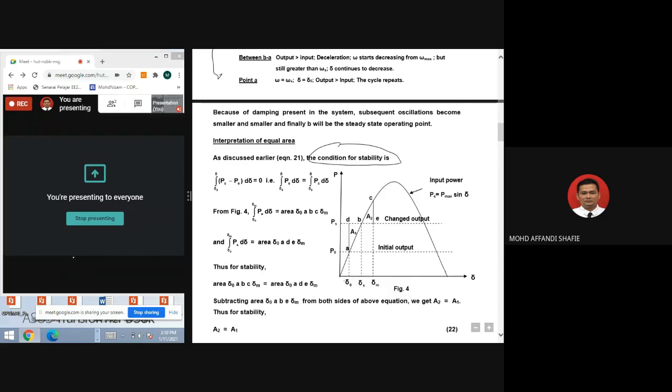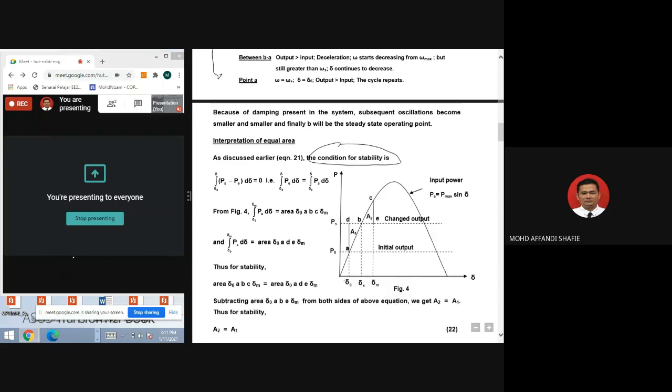So you can see here, sigma O to sigma M. So we want to calculate how we calculate the area A1 and area A2 here, right? So the integral from sigma O to sigma M of PE d sigma is equal to area sigma O A B C sigma M, and the integral from sigma O to sigma M of PS